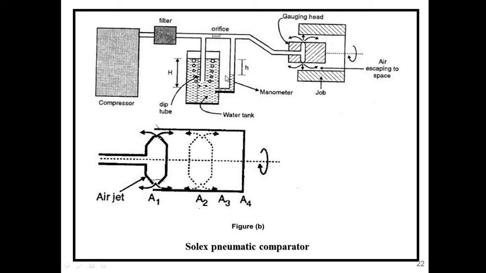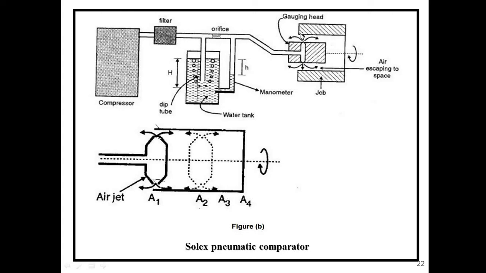Now the air which is coming out of this orifice is at regulated pressure, and it passes through this controlled orifice and escapes from the measuring orifice. So this is the gauging head, also called a measuring orifice. Two small apertures are kept here, so that the compressed air will escape from here and here, and this compressed air will try to go out of these two apertures.